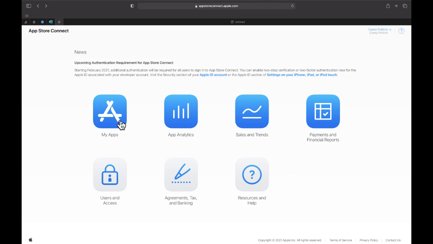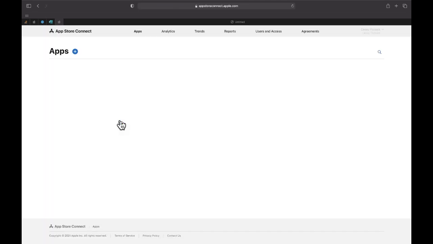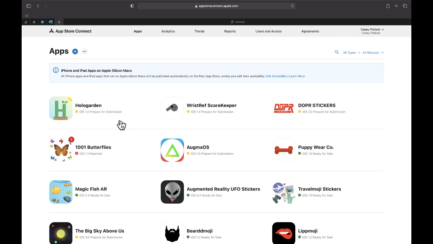Let's take a look at my apps, because I think this is really cool if you've never seen how this looks on the back end and how much work goes in. I really want to show you, yeah, it is a lot of work, but if you commit to it, you really can do it because, again, I taught myself. I didn't go to school for AR or computer science, but I've learned a lot over the years. I started on the Apple Watch and now I've progressed to augmented reality.